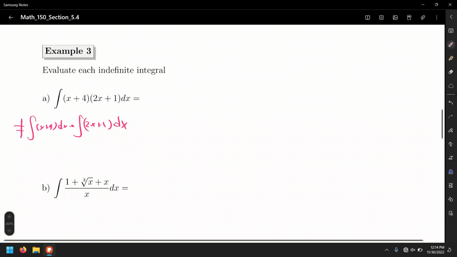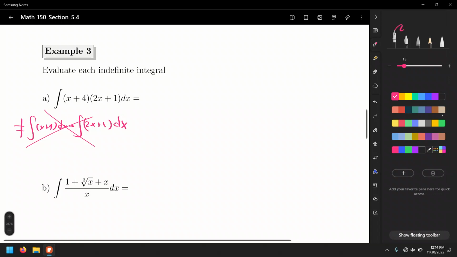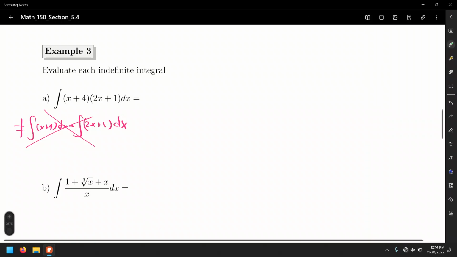So don't do that. There's no such thing as a product rule or a quotient rule for integration. Don't do this, all right? Instead, in many situations, we need to do some algebra, some preliminary work before we can actually integrate terms, because we cannot just integrate factors like this. We integrate terms. So what we're going to do in this case is use the distributive property